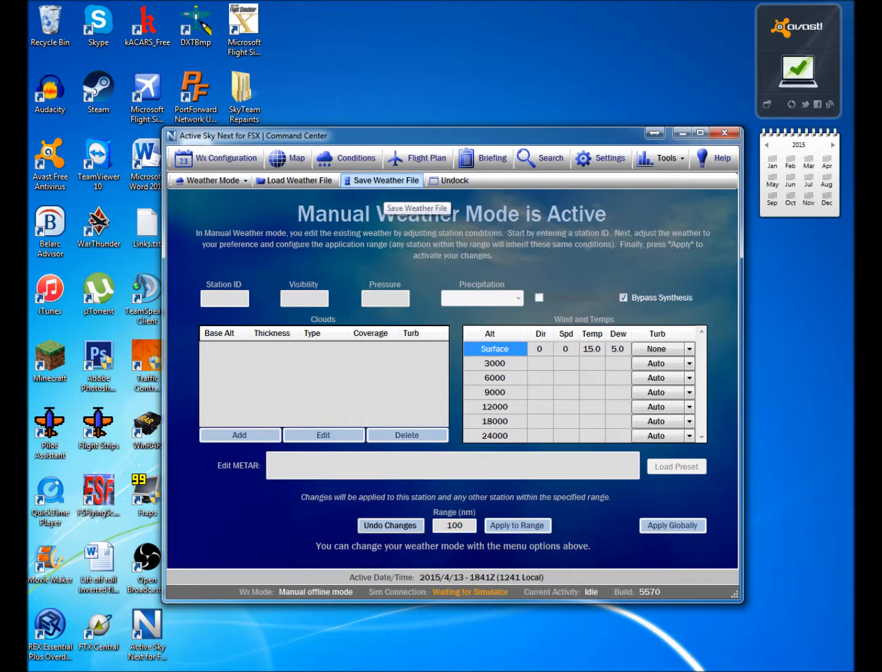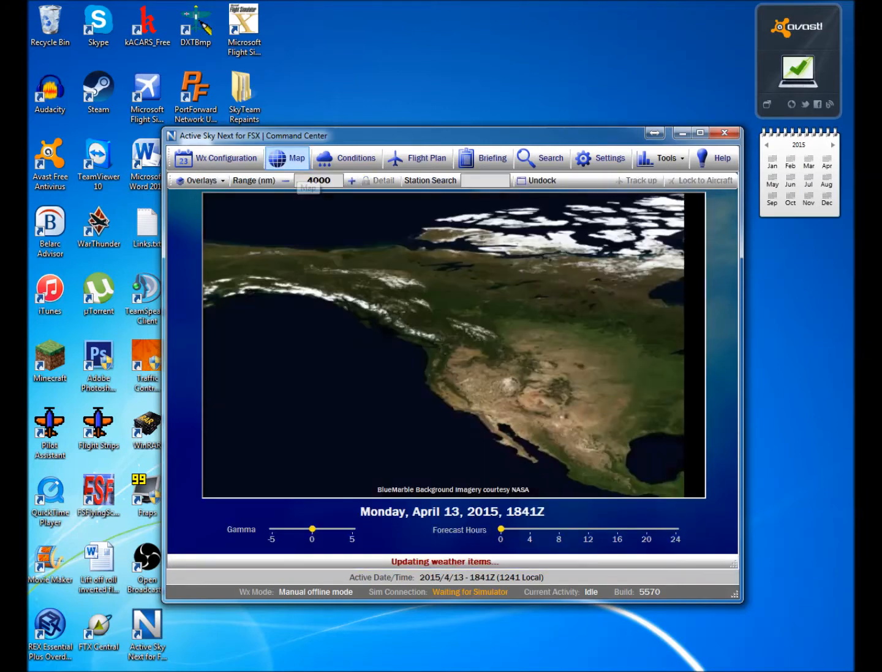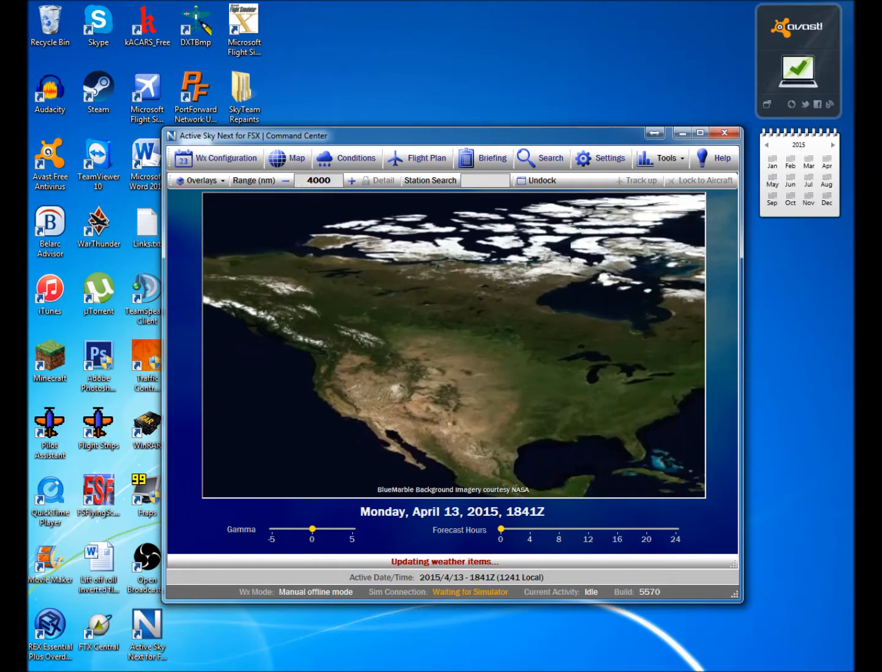You can save a weather file so that if you want to load a weather file later, you can do so. So if you really like the weather you have that day and you think you'll want to fly in it again exactly how it is, you can save it and load it right there, and it'll load up into your sim. So next we're going to go ahead and click on this map tab,